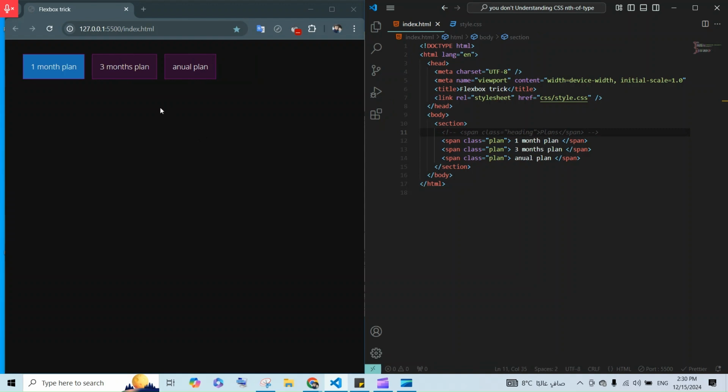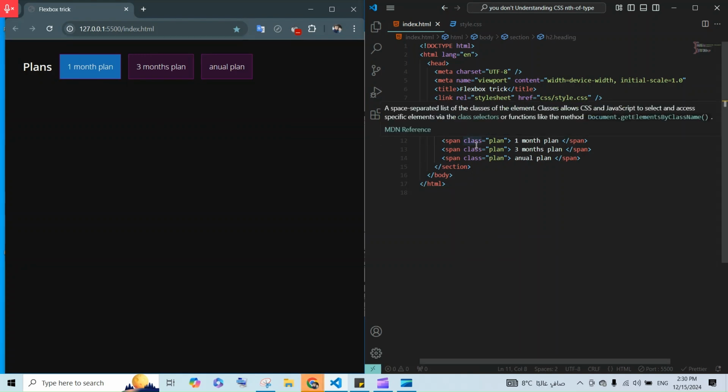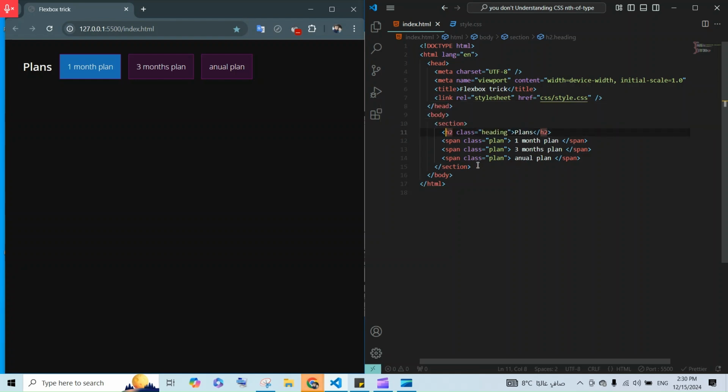Now the first span is a plan and the CSS works perfectly. But what if we don't want to remove the heading span? Let's try something else. Instead of keeping the heading as a span, let's change it to an H2. It works now because the heading is no longer a span, so the first span in this section is now